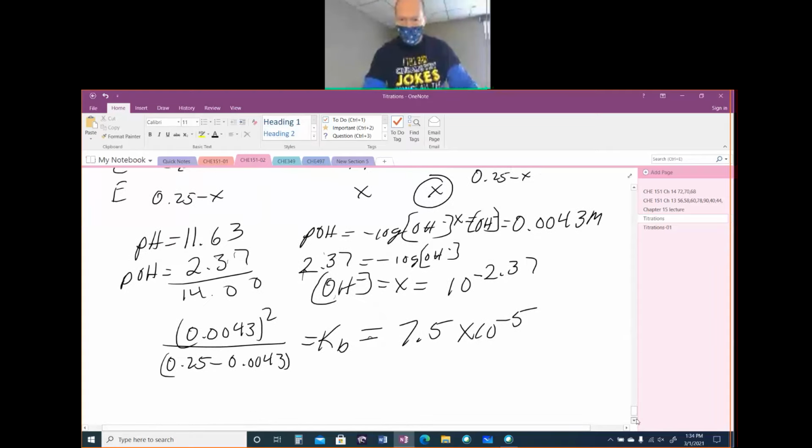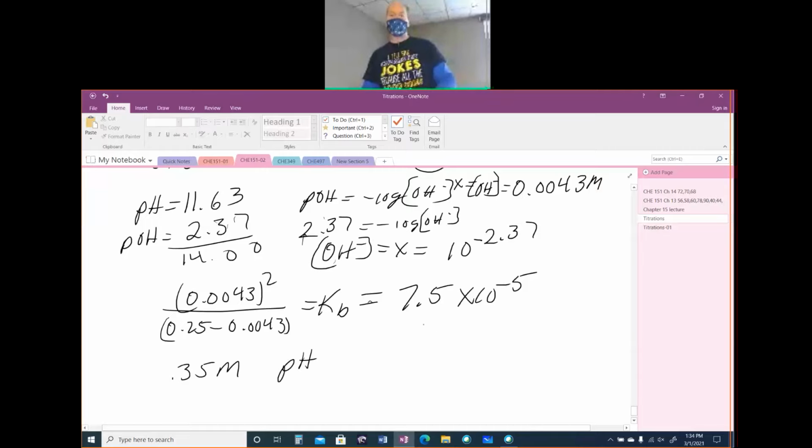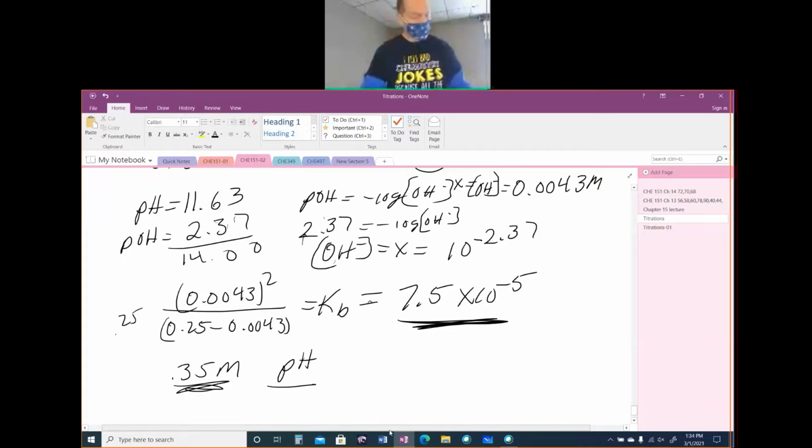All right, the other part of this problem says you have 0.35 molar of this same trimethylamine, and what is the pH? All right, so again, now we have the Kb, that's a constant, and we have the initial concentration. We can find the pH. And since the initial concentration of the first problem was 0.25 molar, what we can say is that it's going to be higher than the previous pH, so it's going to be greater than